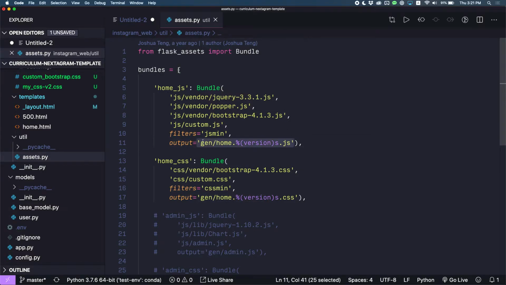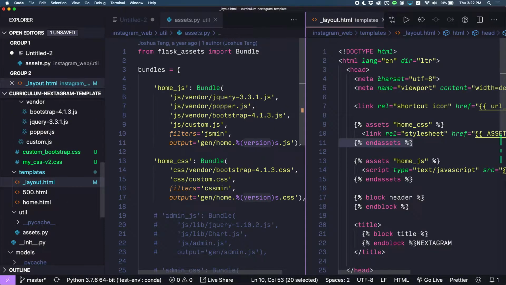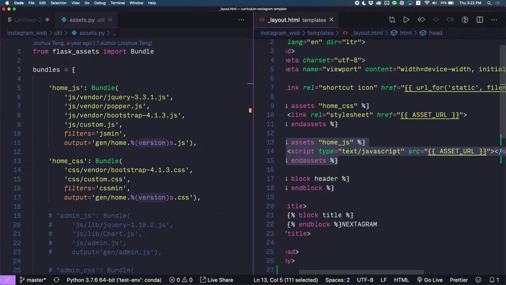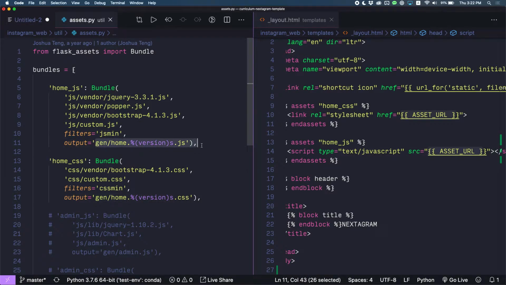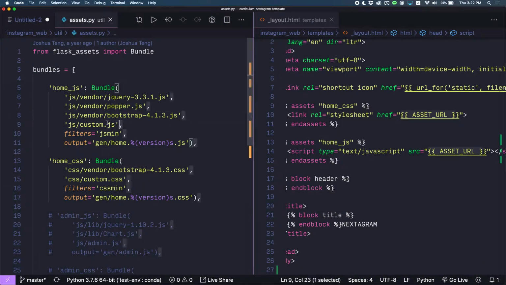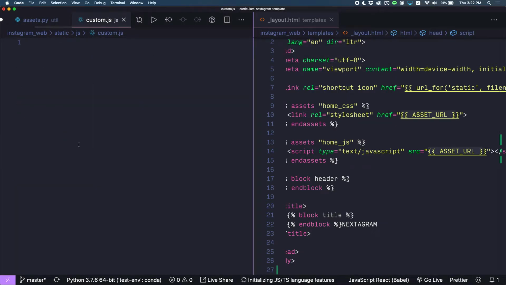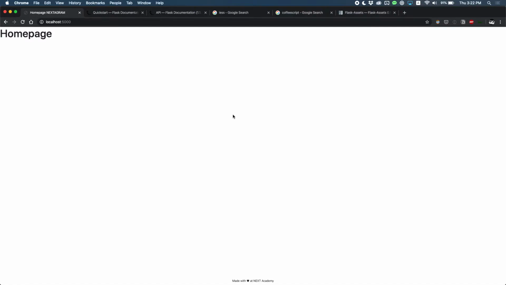And in order to make you easily link this without changing the version number each time, that's why we come out with this one. So that's why you link it like that. Is that okay? So this asset URL here refers to this gen/home with a version. Remember the version, this is what the timestamp is for. So let me show you. Right now in my app, there's a custom JS that is being bundled into it. If I go to the custom JS, there's nothing in there, right? So if I check my inspector,